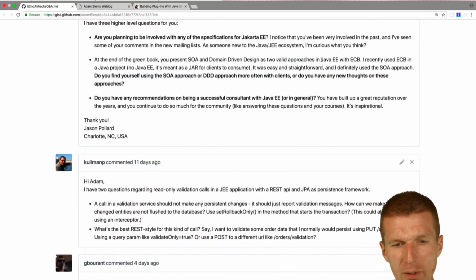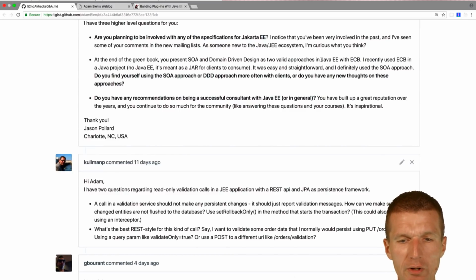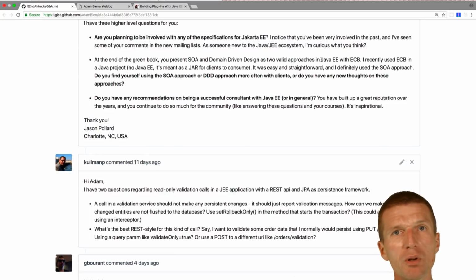So are you planning to be involved with any specification for Jakarta EE? Yes. I'm already on the mailing list a little bit. I will join Jakarta EE or MicroProfile, one of both. I would do a little bit. The problem with the mailing list is it was not very productive. I wrote lots of emails, but if you read the mailing list, I'm coming from projects and the others are coming from server vendors, and we have completely opposite